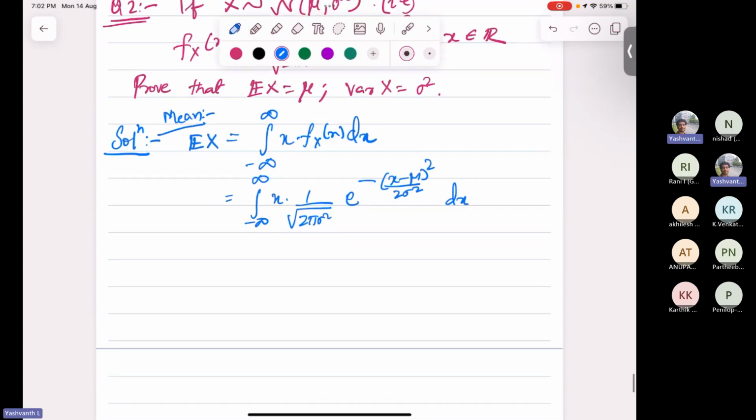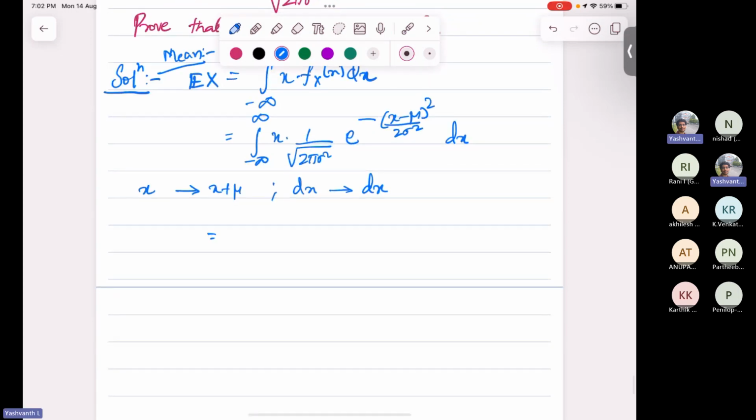Okay, now replace x by x plus mu, which means dx is unchanged. Minus infinity plus mu is same as minus infinity, plus infinity plus mu is same as plus infinity. You get (x plus mu) into 1 by under root 2 pi sigma square e raised to minus x square by 2 sigma square,